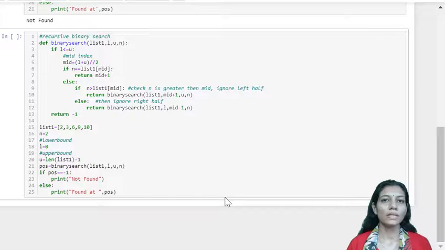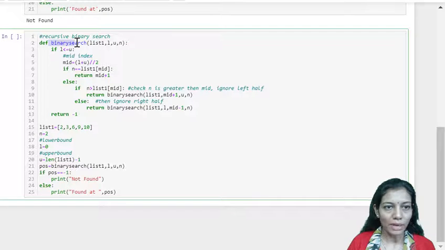So here is another technique to implement the binary search algorithm, that is the recursive way. As you know, recursion means the function calls itself. So here the binary search function will be called by itself, but with the parameters being reduced. Here we are making our list reduced step by step, so that we can ignore the rest of the part where there is no chance that the element will be found. So here we have binary search, where we have the list in which we want to search our item. This is lower bound, upper bound, and this is our search item.